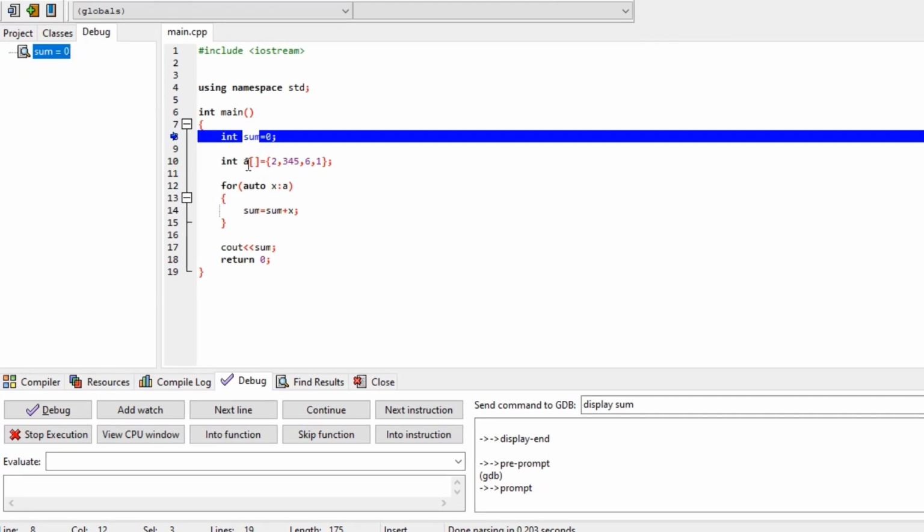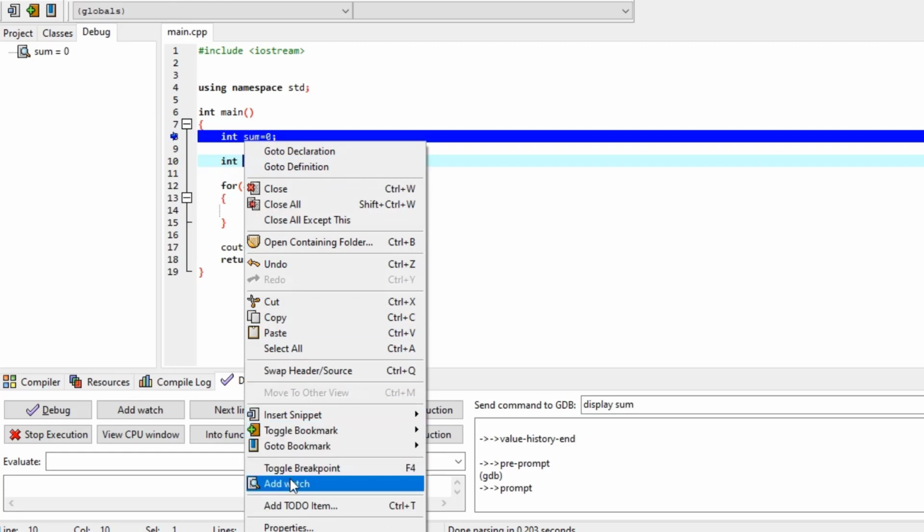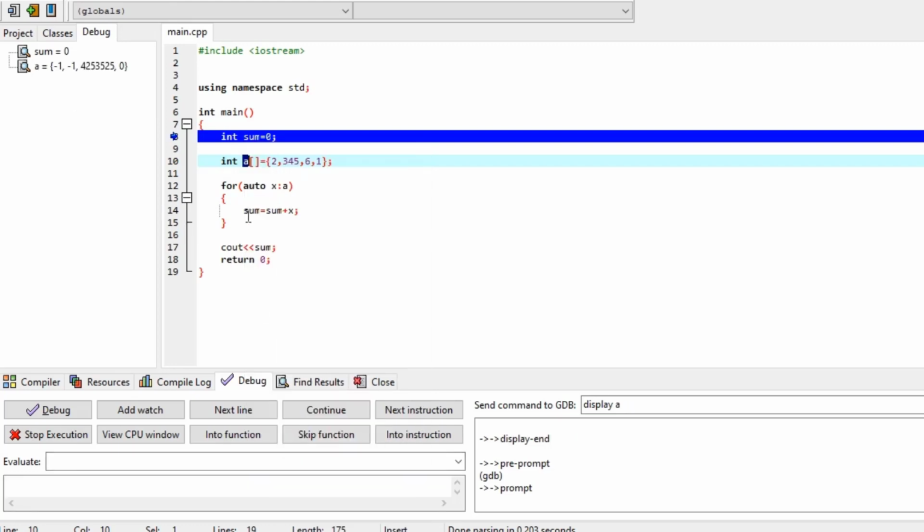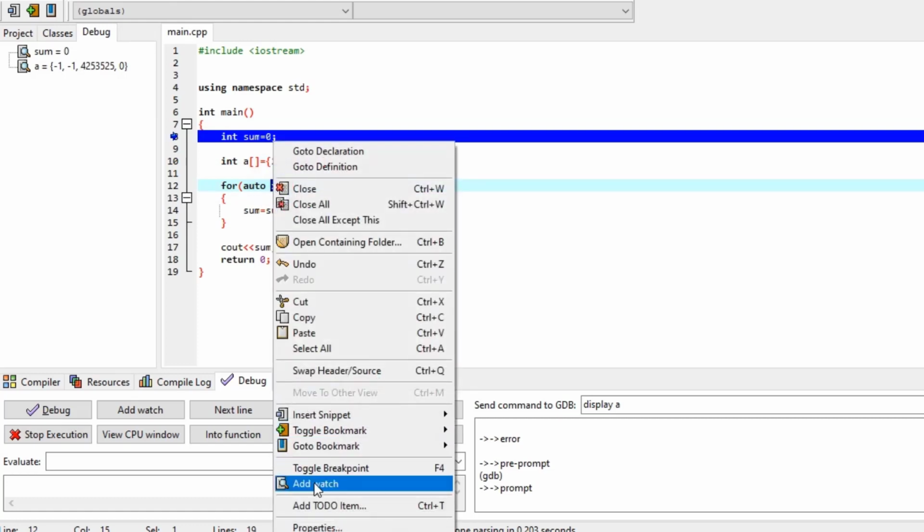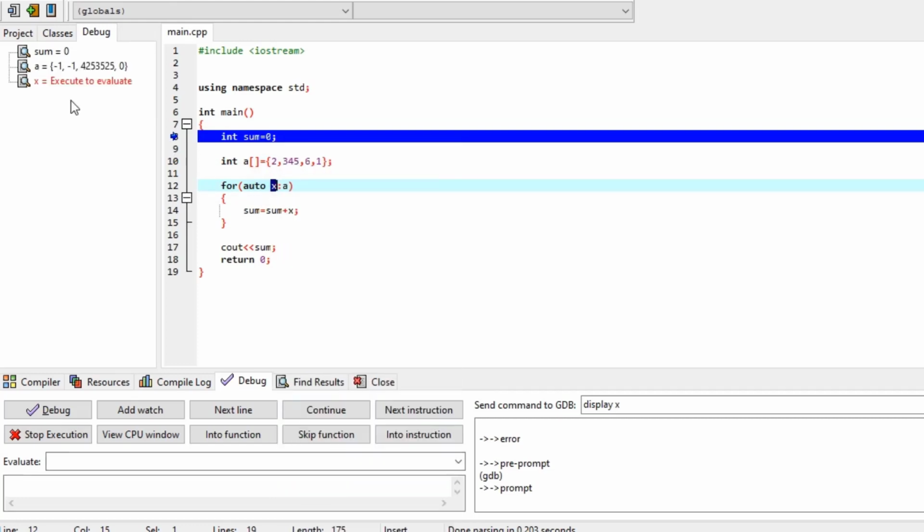Again I want to watch a variable, so right click and add to watch. Sum is already added, and now I want to watch the x variable. So these three variables are there to watch, and that's why I am using all these three variables for watching.